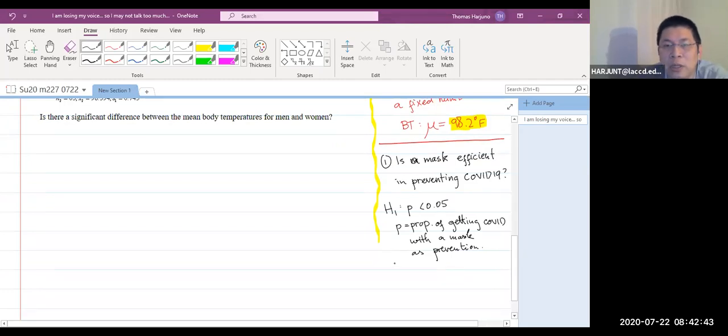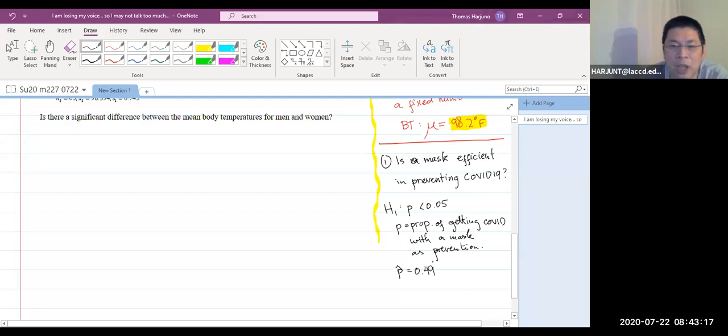And you may see they come up with this. So let's say we say that a mask is efficient in preventing COVID-19 if less than 5% of people wearing masks get COVID. And then it turns out that the P hat, I just make up numbers again, turns out to be